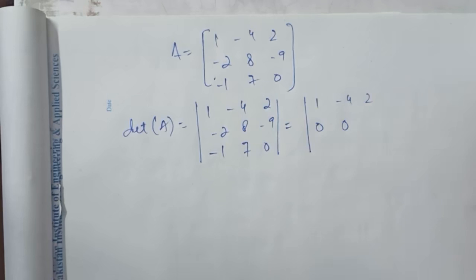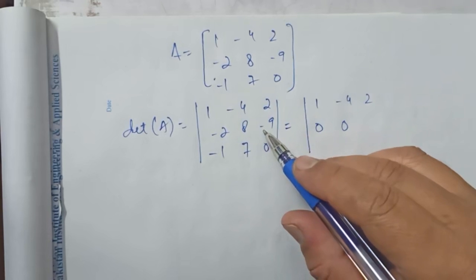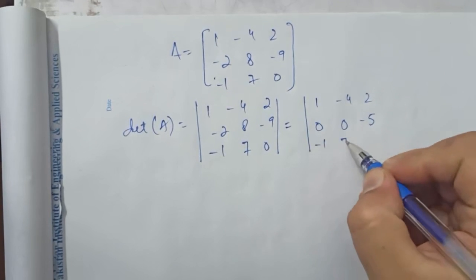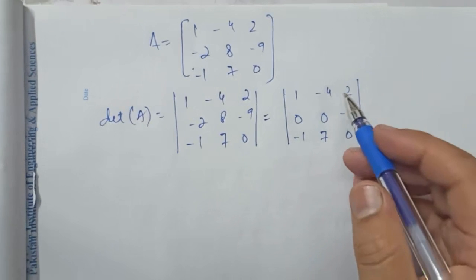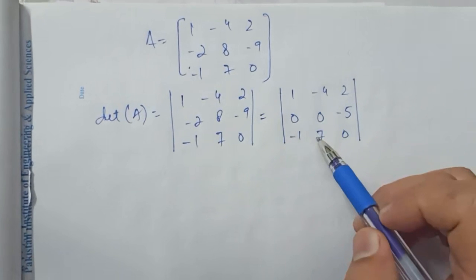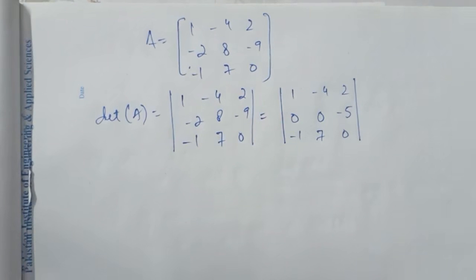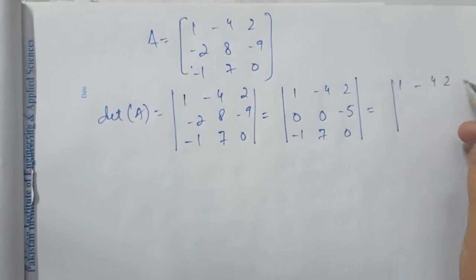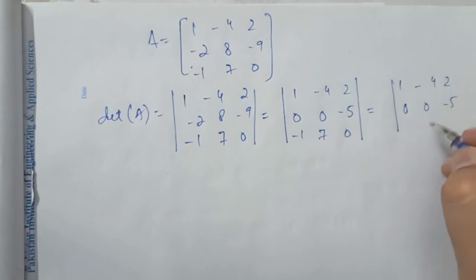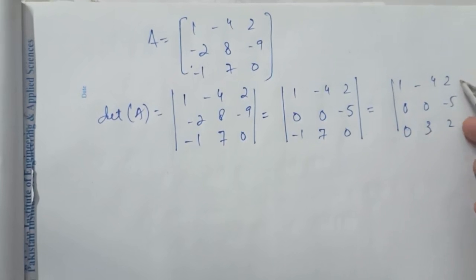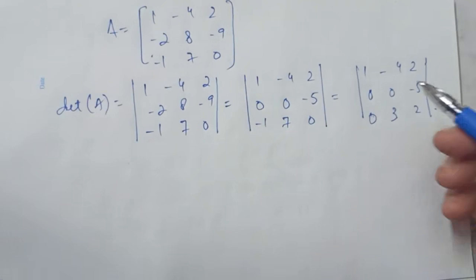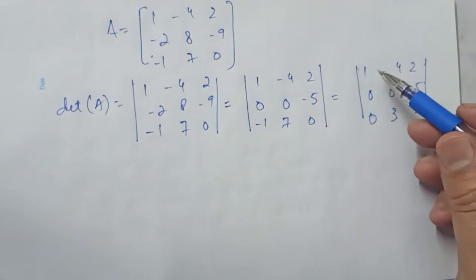So because you have minus 8 and plus 8, and again, that will be minus 9 and plus 4, that will be minus 5. And again this was minus 7 and 0. And again what I can do is add this first row to the third row, and if I do that, that becomes 1, minus 4, 2 and 0, 0, minus 5, and you get 0, 3 here, and you got here 2, right? Now, you can see here this is a more acceptable form, because if I expand this across